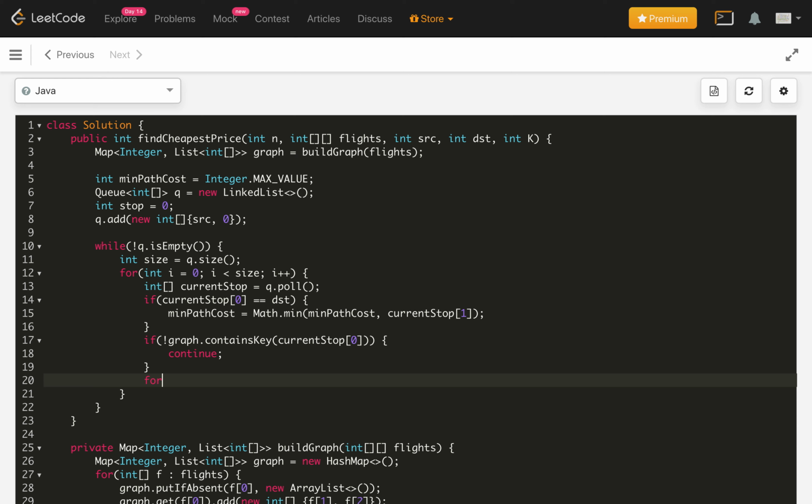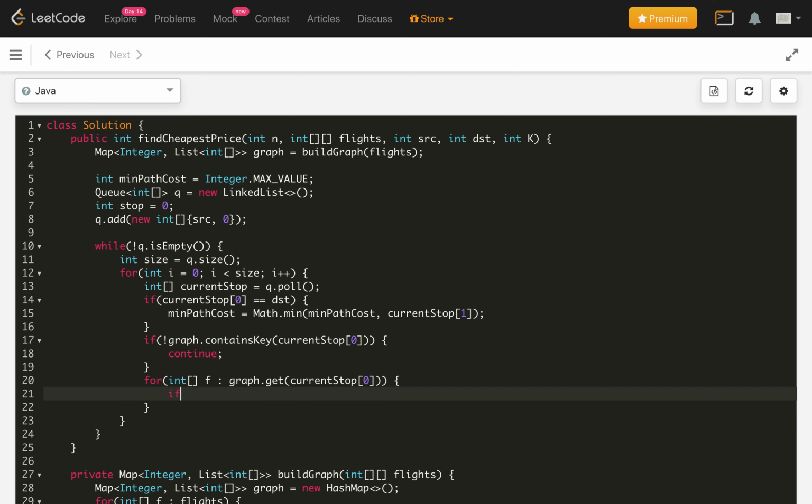Otherwise, get all the adjacent cities from that city, so for int array flight from the graph dot get with the current stop city, which is 0.